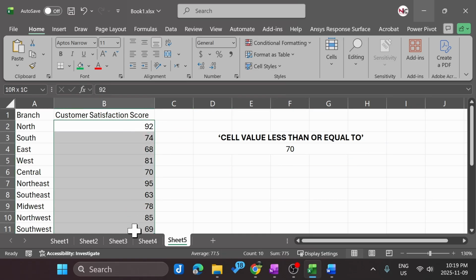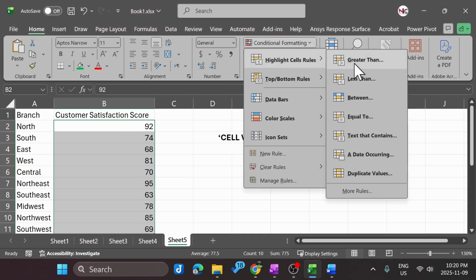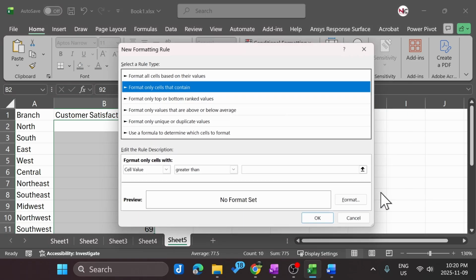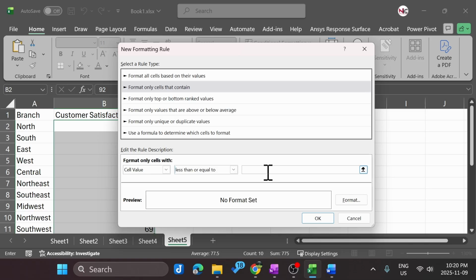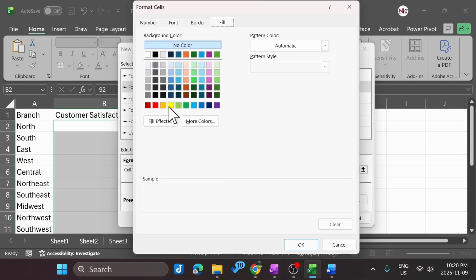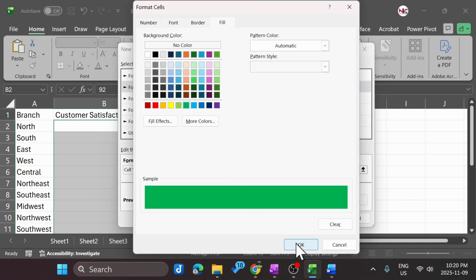First, you need to select all the cells, then go to conditional formatting, then highlight cells, then more rules, and then click on format only cells. Then pick over here, you have to pick less than or equal to, and then make sure it's cell value, and then I'm gonna pick 70, and then of course you can pick your corresponding values. Then I'm gonna format this to green, click OK,